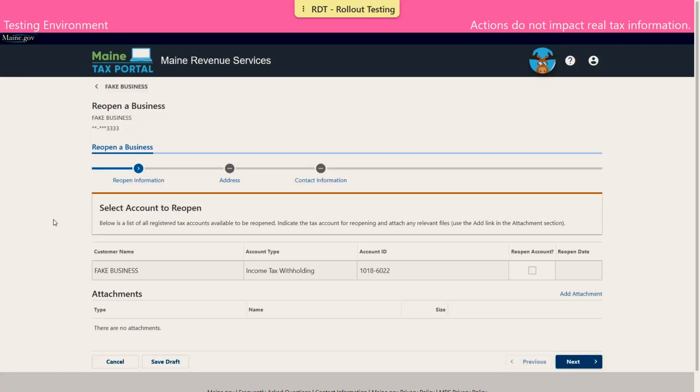On this screen, we can see all of our tax types that are available to be reopened. As we noted earlier, only withholding can be reopened on the portal. So even though we closed another tax type account, it is not listed here. For our withholding account, we'll check the box to reopen, enter in a reopen date,